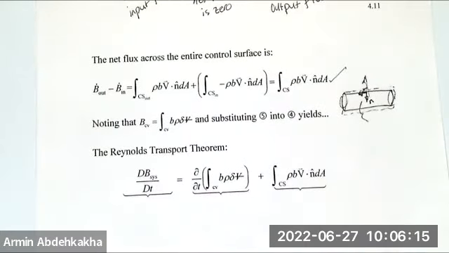So we have two types of change in any parameter inside of the control system or control volume. If you have a fixed control volume, part of the fluid could come in, then add that property to your system. Part of the fluid is going out, so it's going to decrease the amount of that property, and also in time that property may change. It's hard to consider with mass because mass is conserved,